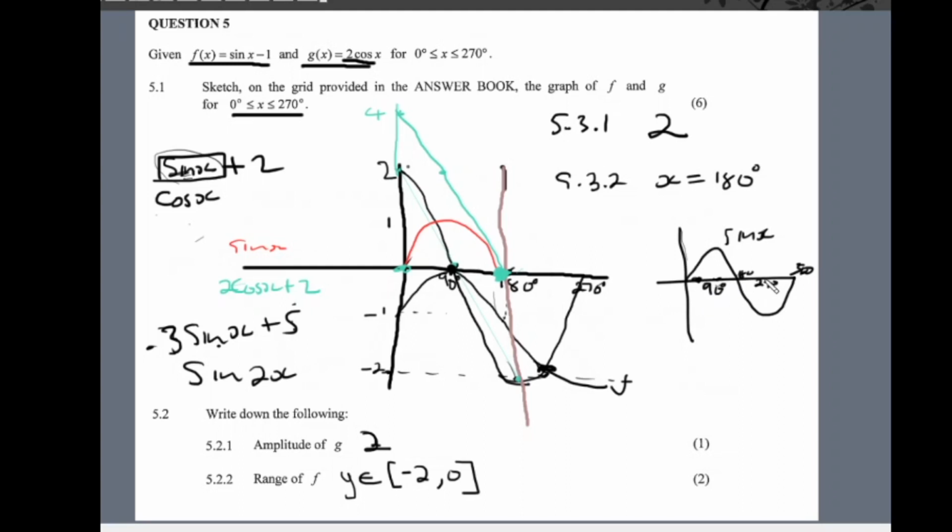And then 270 divided by 2 will take you to 135. That's when you'll have your other turning point. And then 360 divided by 2 will take you to 180. So sine 2x is just the compression of the period, right? So your graph will sort of look like this for sine 2x,